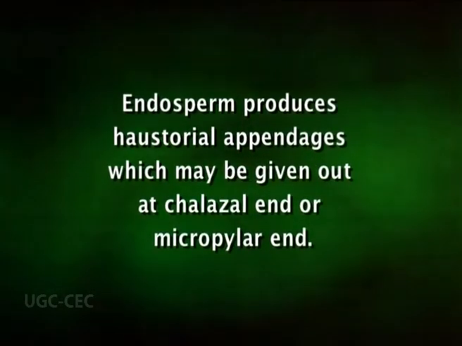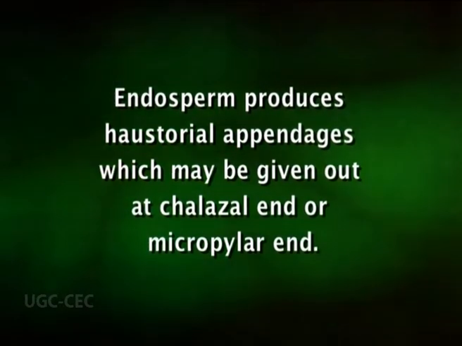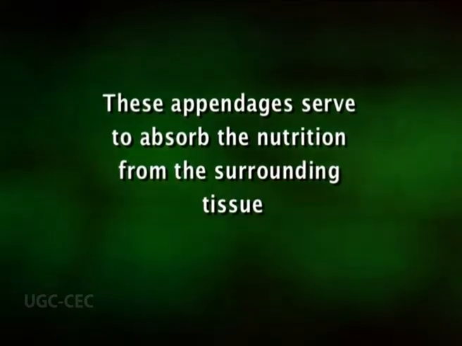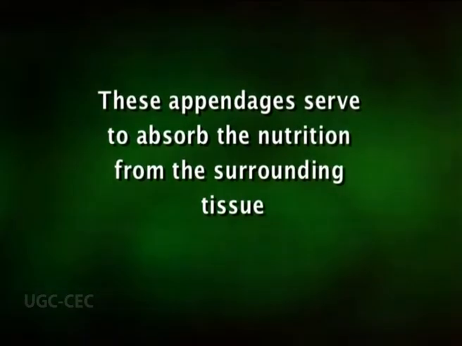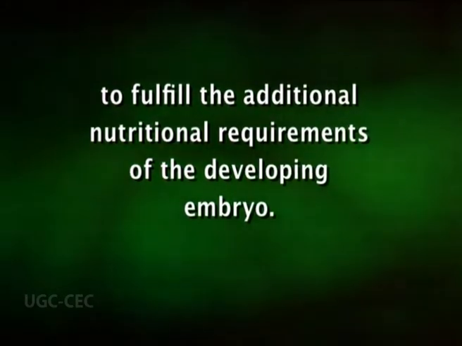Endosperm produces haustorial appendages which may be given out at chalazal end or at micropylar end. Haustorial appendages may also be given out laterally. In several plants, haustorial appendages are given out at more than one place. These appendages serve to absorb the nutrition from the surrounding tissue to fulfill the additional nutritional requirements of the developing